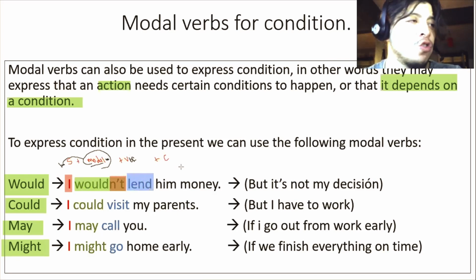You never conjugate it. And then finally, we have any extra information. In this case, the extra information is, well, a couple of objects, a direct object and an indirect object. They are the complement and they are always optional. They are extra information. In this case, when I say I wouldn't lend him my money, or I wouldn't lend him money, what I am saying is that, okay, the action of this sentence is to